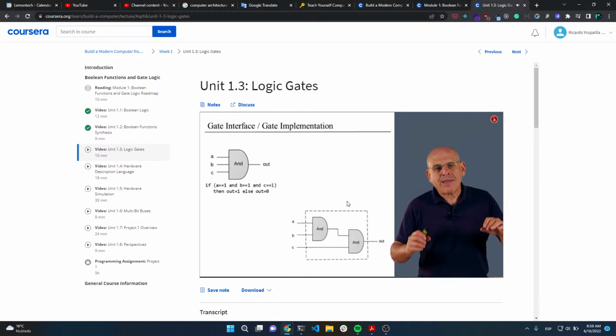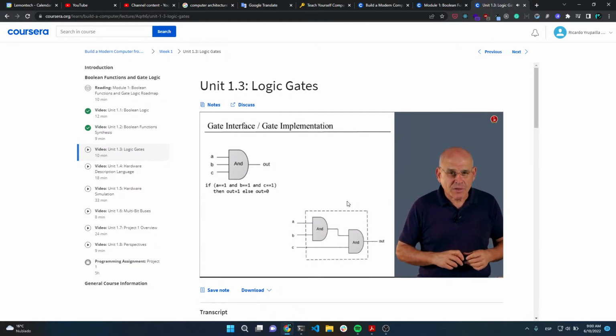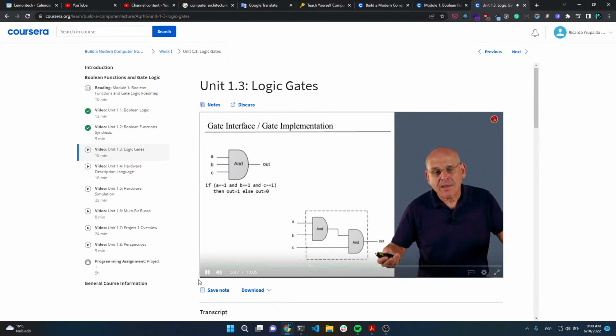Now, the interface of the gate is unique. There's only one way to describe the gate's functionality. Otherwise, if there's more than one way, either you're not describing it well, or you're confusing the user, because there should be only one unique way to describe what a gate is supposed to do. At the same time, there may be several different implementations that realize the same abstraction. And some implementations may be more elegant, they may use less energy, they may be less or more